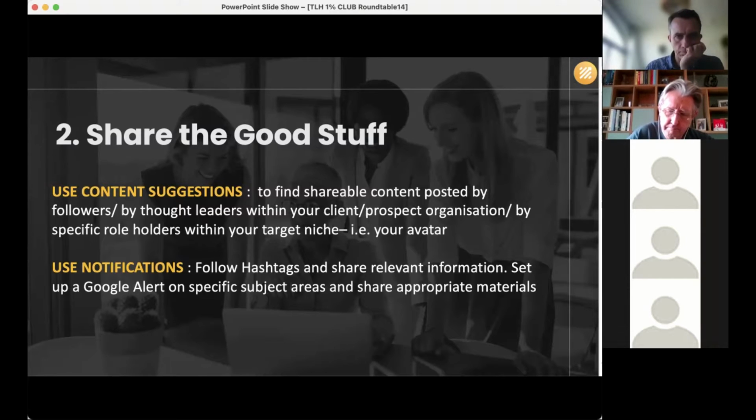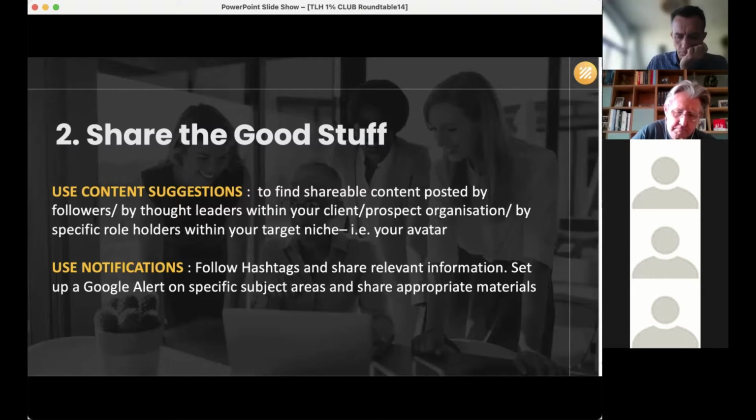And you can be quite specific. You can say, I want business transformation in social housing. And what that does, it gives you a lot of very relevant, very topical, very up-to-date information that you can share. So you don't necessarily need to be creating lots of stuff every day or every week. You can go out and find relevant information and share it.